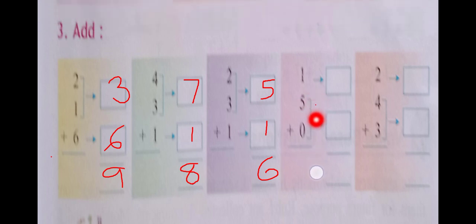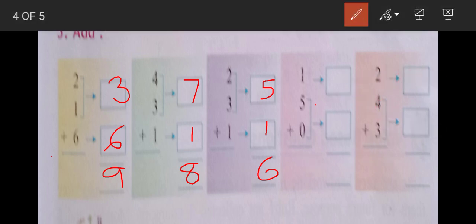Have you seen this one? The arrow, the bracket you have seen, that means 5 and 0 you have to add and 1 you have to write here. Here also 4 and 3 you have to add and write here, then 2 will come here. Okay, so let us do. There is an arrow, so we are writing the 1 here, and 5 plus 0 is 5. Any number added to 0 will remain the same. So here also 5 plus 1 will be 6.